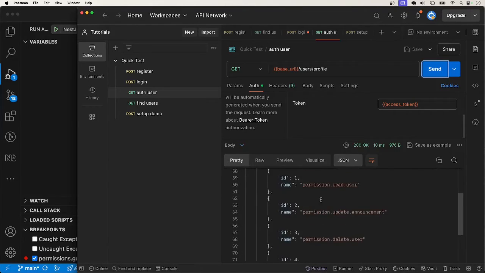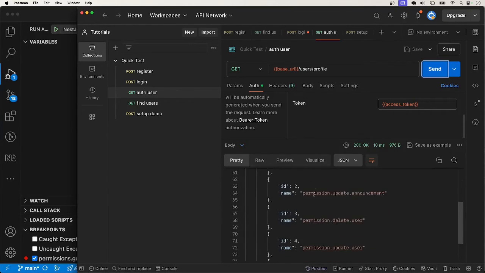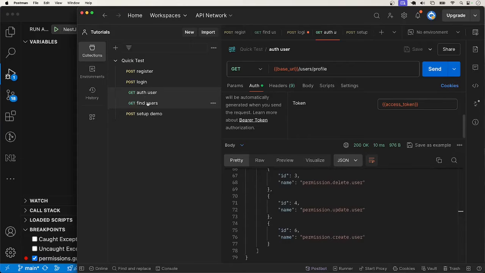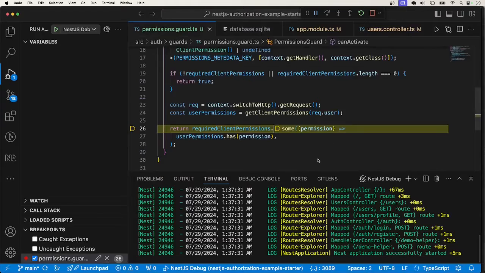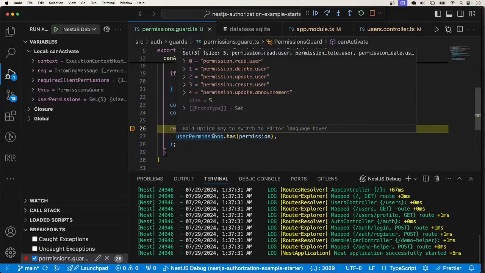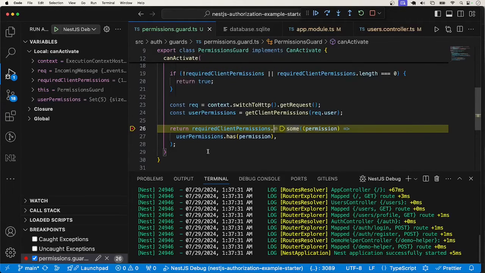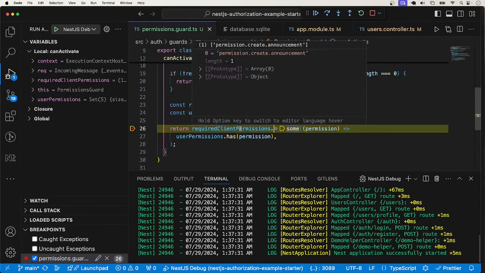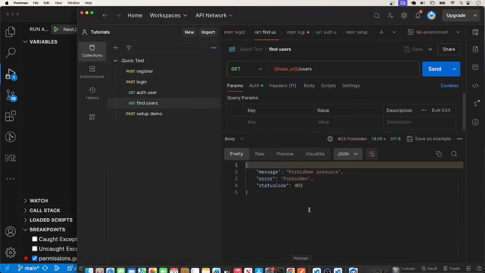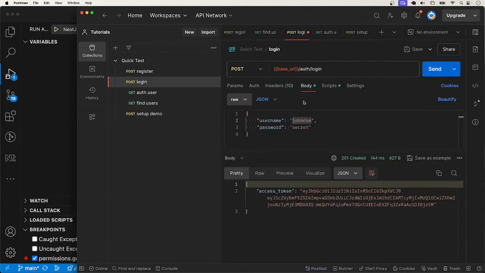So John Doe does not have the permission to create announcement anymore because we just removed it from the database. And if John Doe tries to find users, we look at the user permissions, there's no create announcement. So this is going to fail because the required permission is to create announcement. I'll go to Postman and this fails. And let's go to the other user,